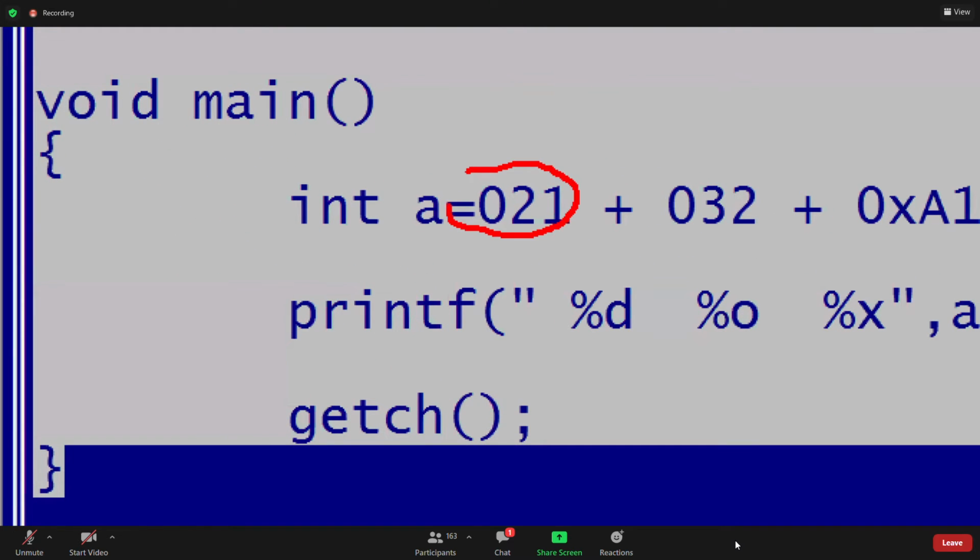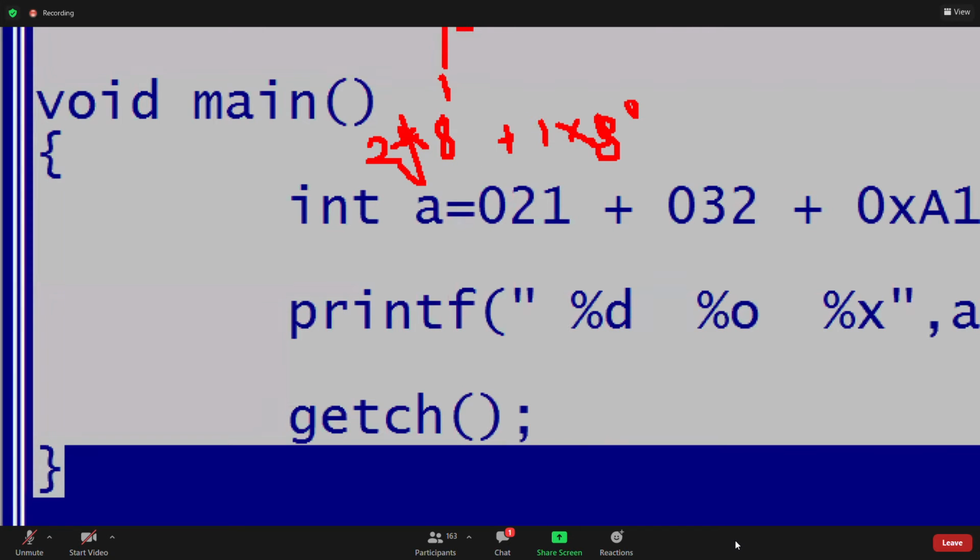Octal means base 8. When you are converting to decimal, we have to write the last value into 8 power 0, plus the next value 2 into 8 power 1. 2 into 8 power 1 is 16, plus 1, 17. This value is 17.